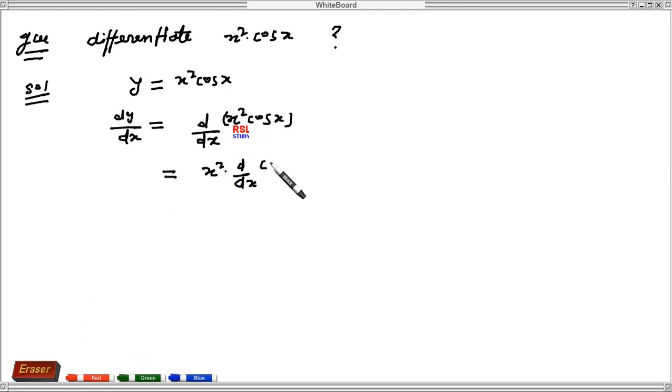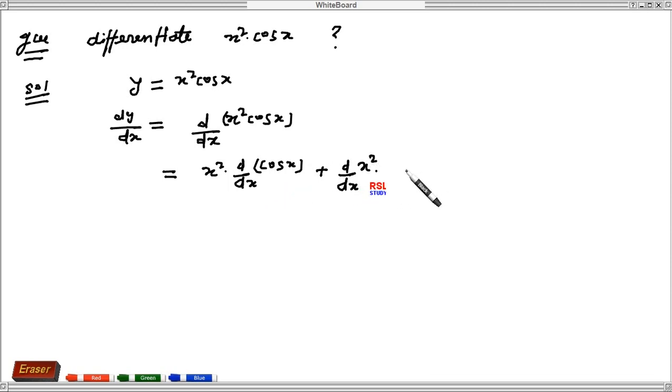This is the UV method, where u and v are functions of x. In this case we will first write u as a constant just outside, then differentiate v, plus differentiate u and keep v as a multiplying factor. Means treating one as a constant and the other as a variable, and then the other as a constant and the first as a variable. See, this x square is treated as a constant and this is differentiated.